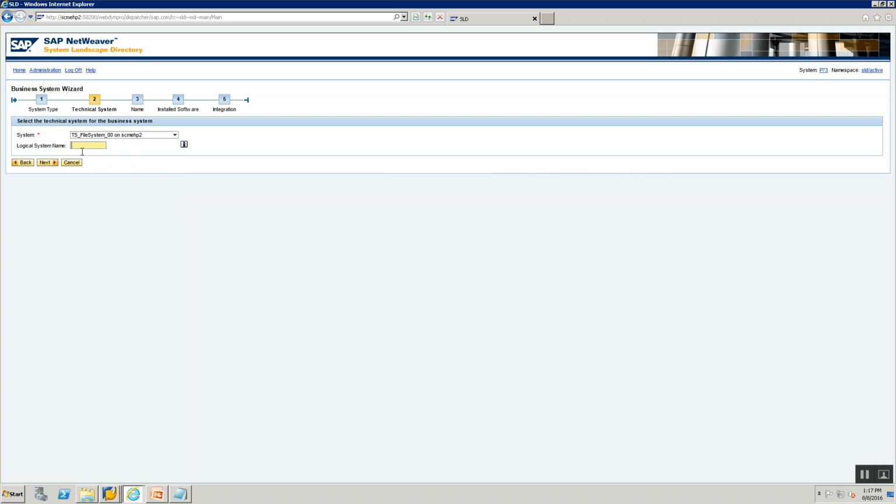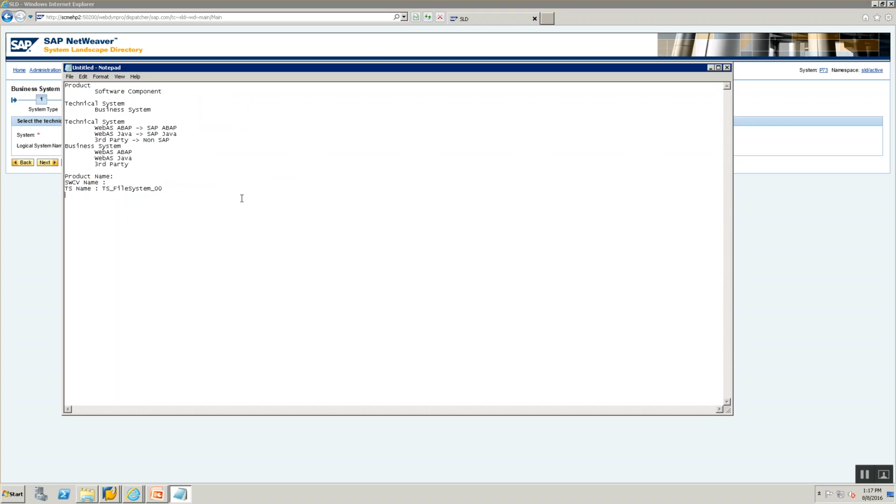My logical system name, let's give a logical system name here. It can be anything that you want. So I'll say BS business system. I'll just say file sys 00. Okay, let's note it down. Logical system was file sys 00.